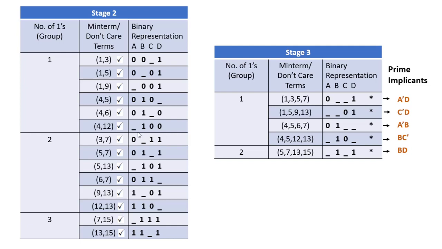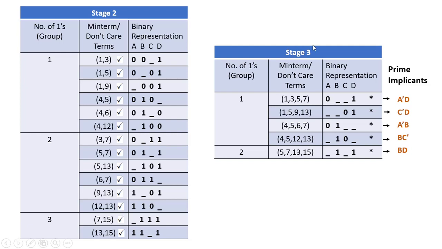1 3 5 7 here, sorry, here. So 0 is 0 here, and there is a 1 bit difference here, so we have put a dash here. Then this dash and dash, these are similar, then 1 and 1, so we have got this thing. Similarly you can continue with grouping here.